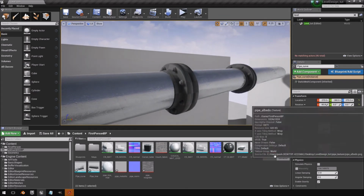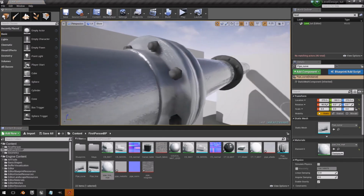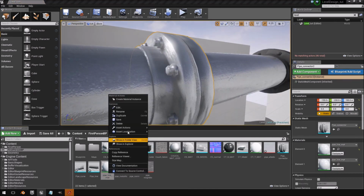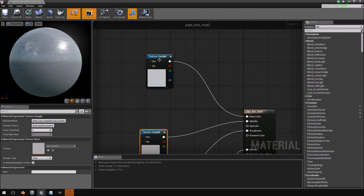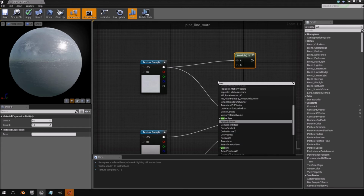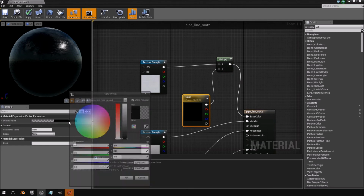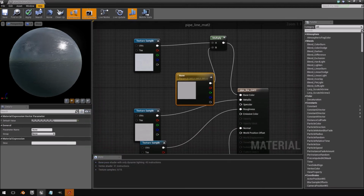And we can actually apply the pipe material that we created to it. And you'll see it actually looks pretty good from the get-go. So what I would suggest is maybe duplicating the material. And the color is not great, so we're going to add a multiply and feed the color into there. And we're going to create a vector parameter, feed it into B, and then feed the results into the base color. And then we can choose the vector parameter color, so we want a darker gray. And if we click apply,